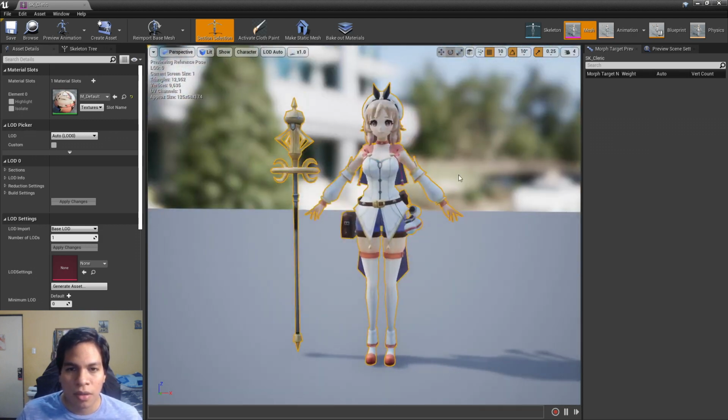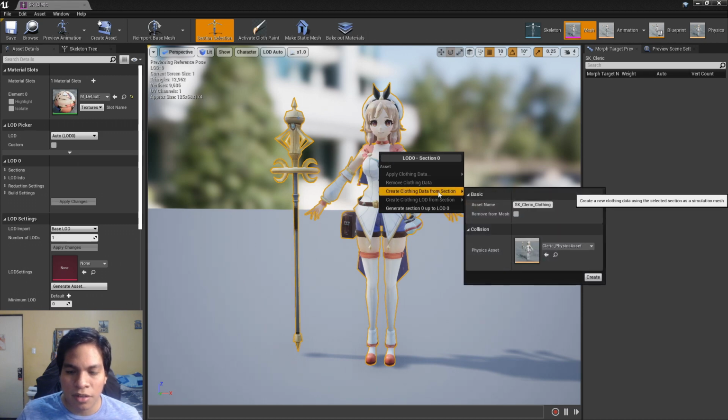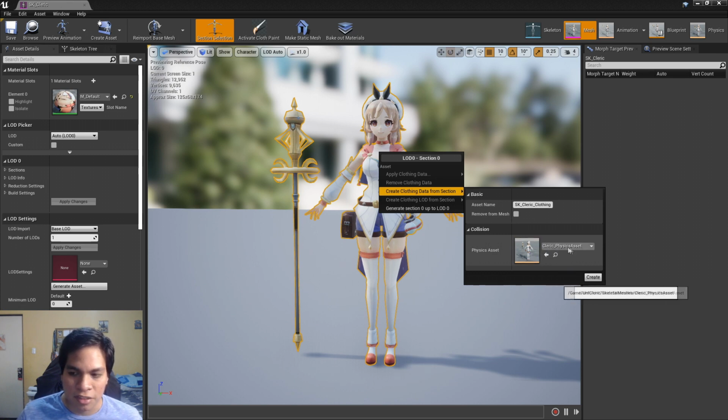And here we just right click and create clothing data from section. We will accept this name, SK Cleric Clothing, and here we're telling it to use this physics asset. Let's create,